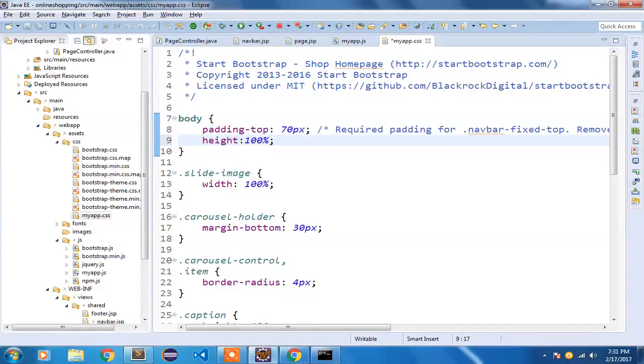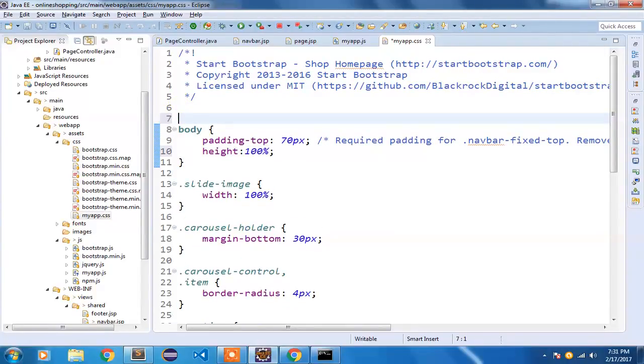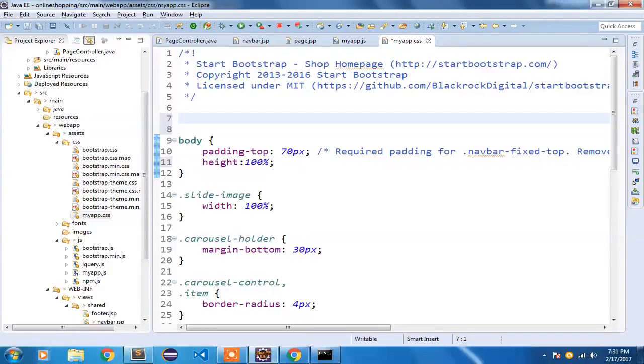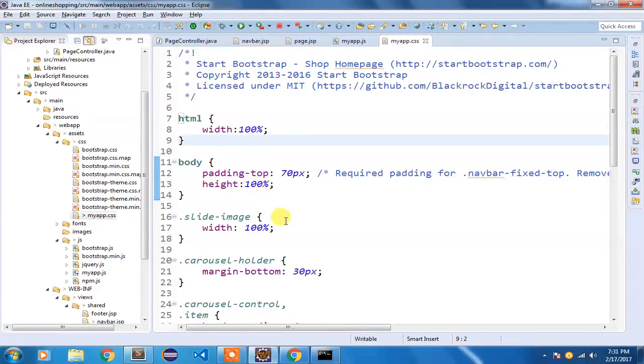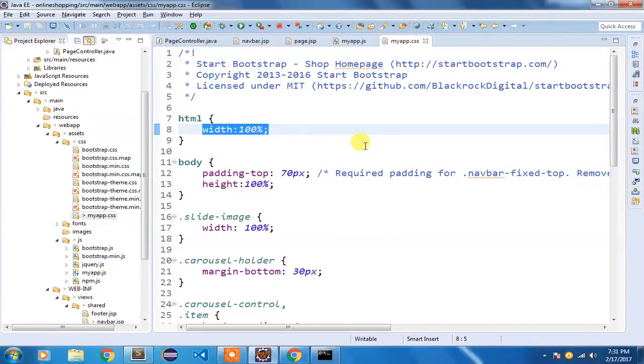Because if any other element that we assign inside body uses a percentage, it needs to know from where it should calculate the remaining percentage. It is going to calculate from your HTML and body. So if that div element is, say, 80%, that 80% would be of 100% of your HTML element. If it is 100 pixels, it would be 80 pixels. That's why we need to assign this 100%.